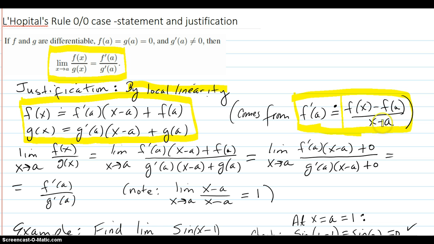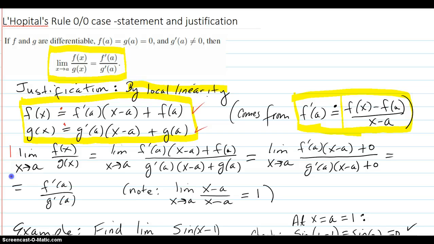And if you multiply the x minus a over to the left and move the f of a over to the left, you're going to end up with this statement here, and those of course are approximate, and this statement here. And in the limit as x goes to a, it's equal. So then